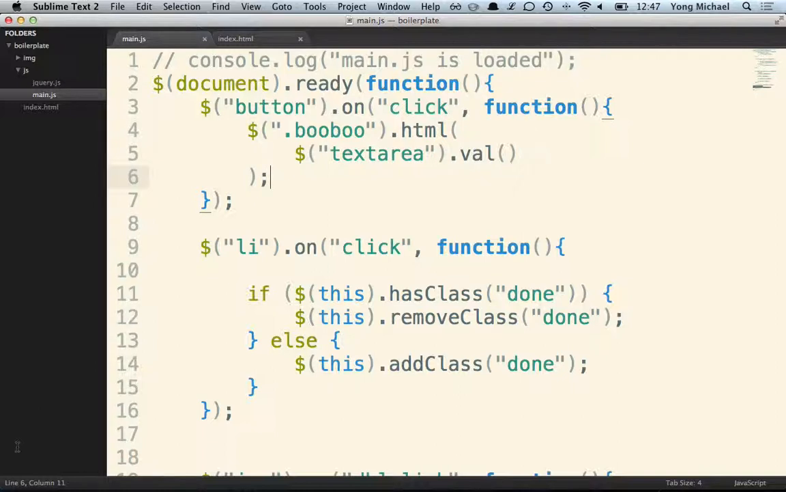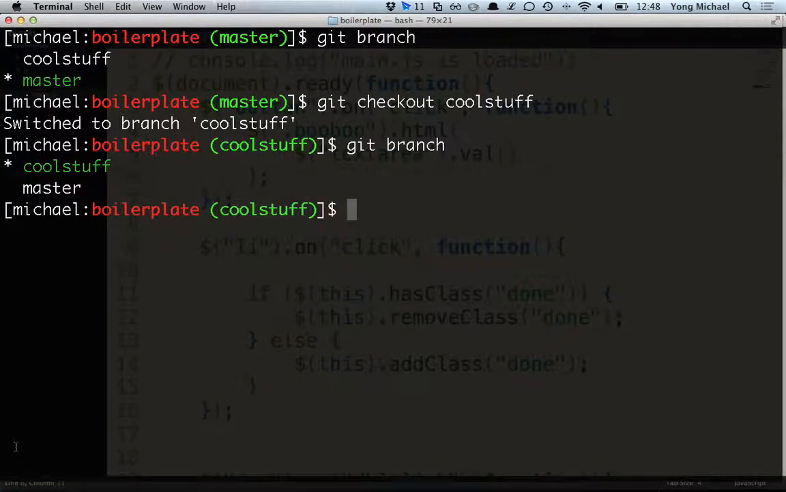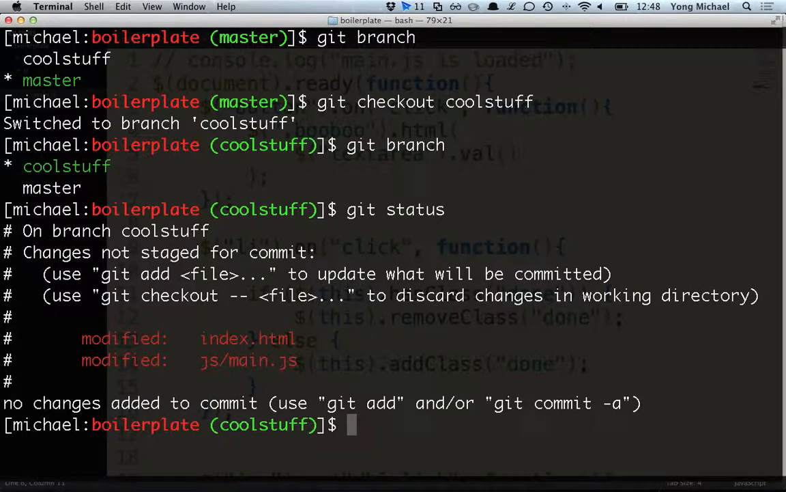So let's go back to the command line. Let's save this file, go back to the command line, and let's commit this. Let's make a backup now. So I do git status. I see that git tells me that I've modified two things. I modified the HTML file with the new elements, the text area and the button. I modified the JavaScript file with the new function to get the value of the text area and put it in boo-boo. So let me git add dot